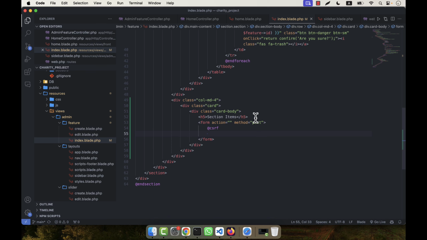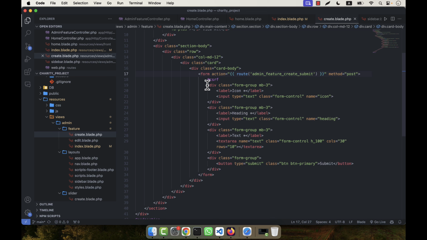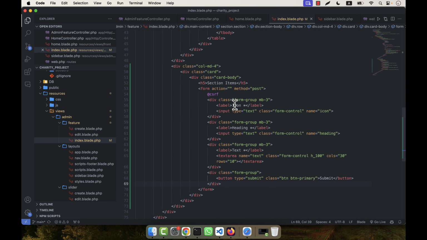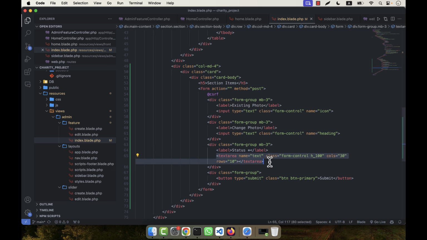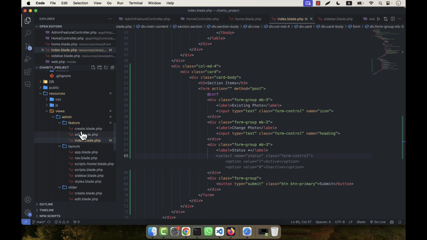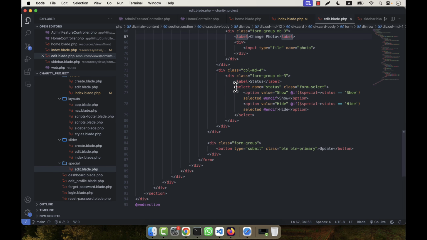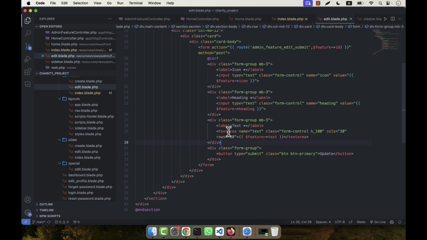csrf, and here I am going to use the form that I used in the create. For example, like this, I am going to copy, and paste it here. So this is the existing photo, and then I will have to give here change photo. This is not mandatory, and another one will be status. Status I am going to remove from here. What I did in the case of status in the special, I am going to go there, and this was the status. I am going to copy the code from there,